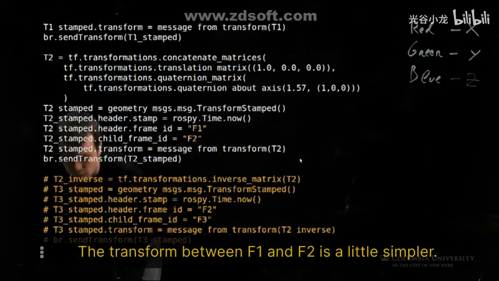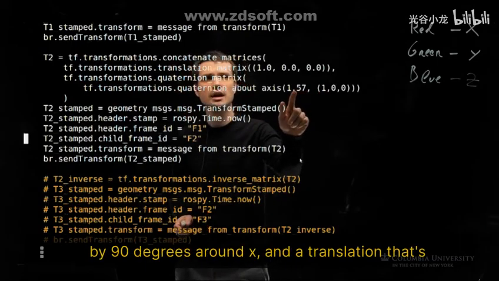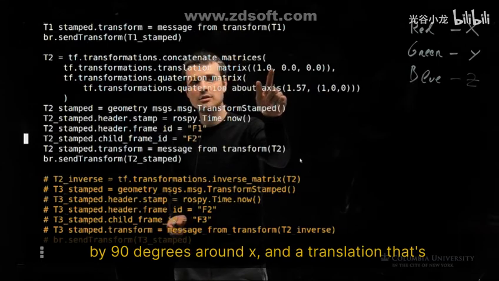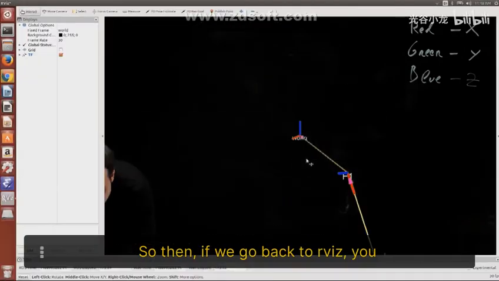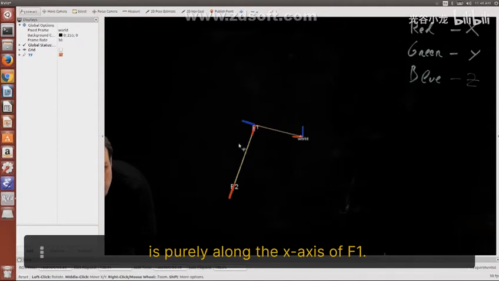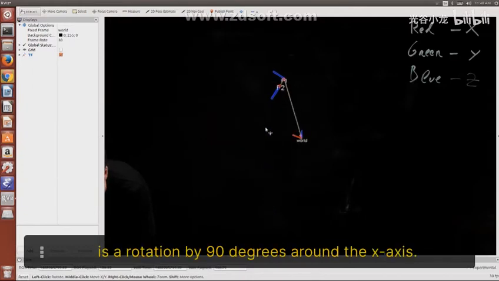The transform between F1 and F2 is a little simpler. So we're going to have a rotation by 90 degrees around x, and a translation that's purely along x. So then if we go back to RViz, you can see that the translation from F1 to F2 is purely along the x-axis of F1, and that the rotation from F1 to F2 is a rotation by 90 degrees around